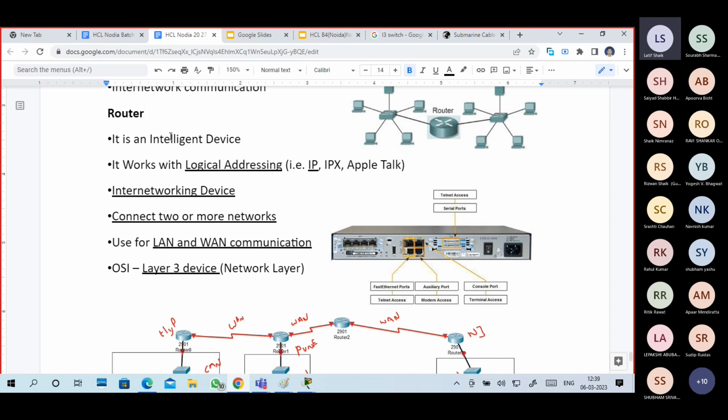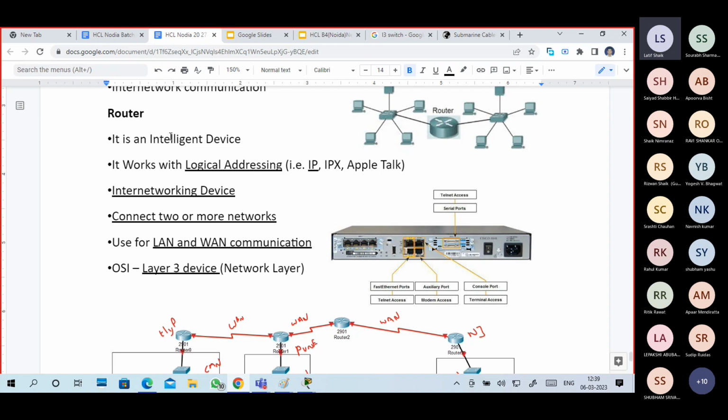The router is an intelligent device. Router works with logical addressing, meaning IP addresses and so on.